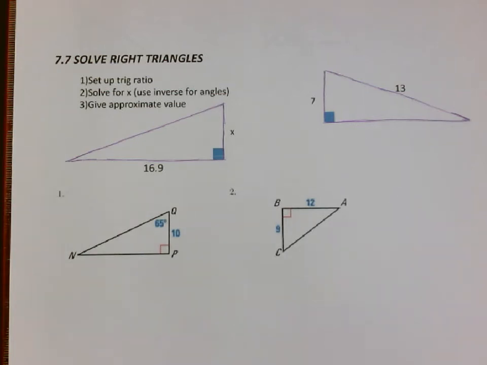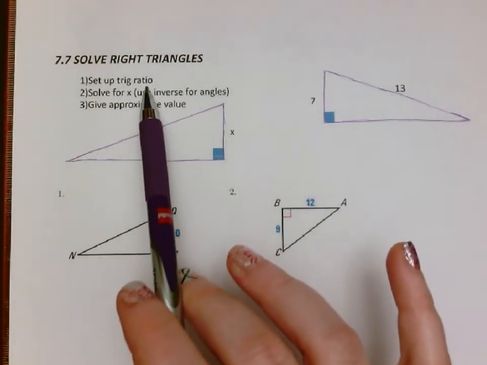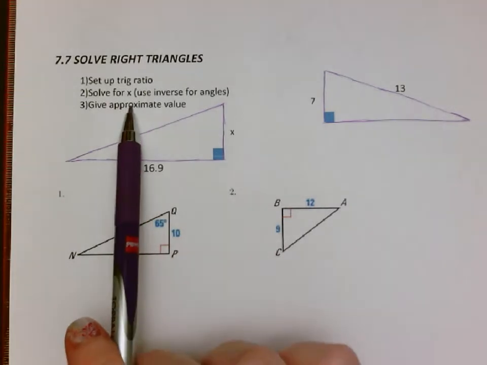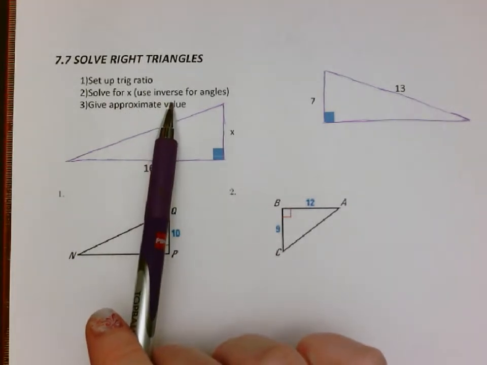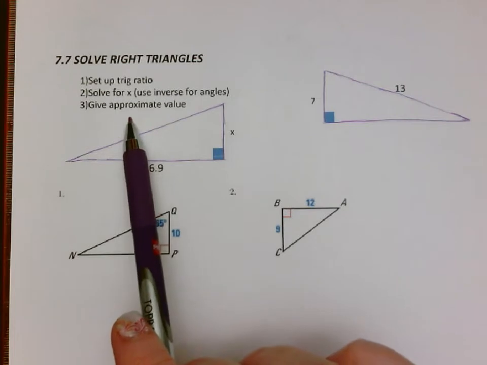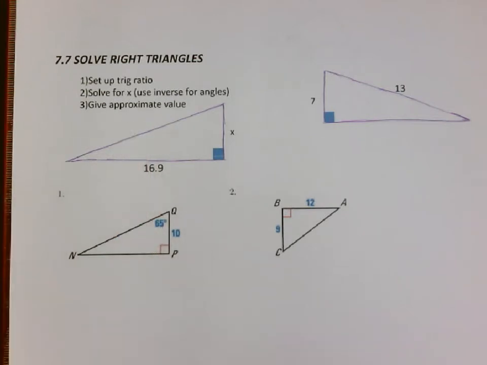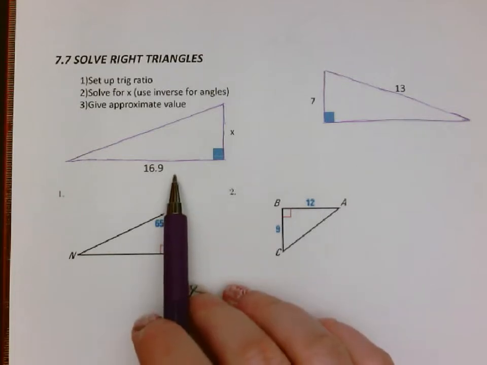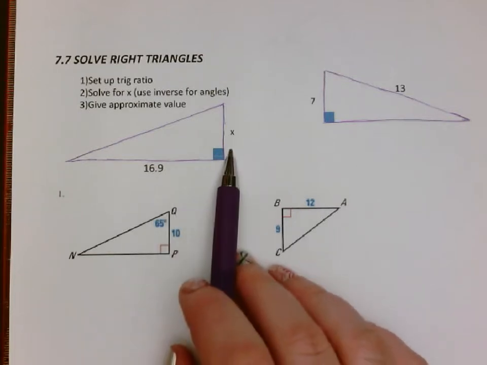Okay, this video is over 7.7, solving right triangles. What you're going to do is set up your trig ratios. You're going to solve for x, y, z, or unknown values, and then give the approximate values, meaning you're going to have to do trig on your calculator. So this first triangle that we have here, we have 16.9, we have x, and I'm going